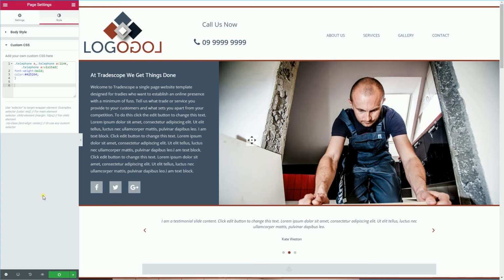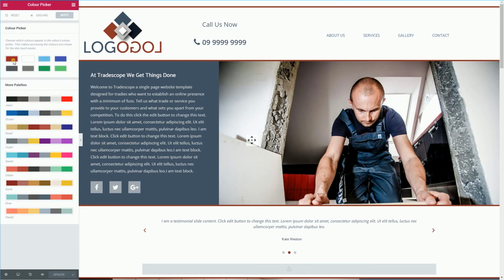It starts by looking for anywhere on the page that has a class called Telephone and then looks for any A tags. An A tag is basically a link tag. On an iOS device, detected phone numbers are assigned an A tag or link. Once an A tag or a link has been found, it assigns some properties which in this case are a bold font weight and a specific colour, #425264. Let's copy that colour code, open up the colour picker and paste it into one of our boxes to